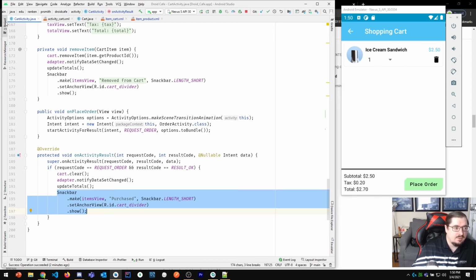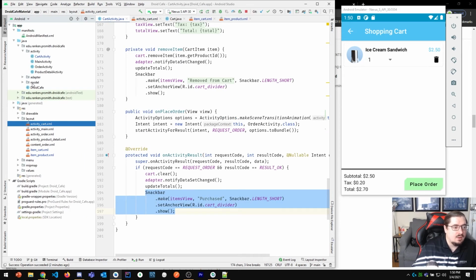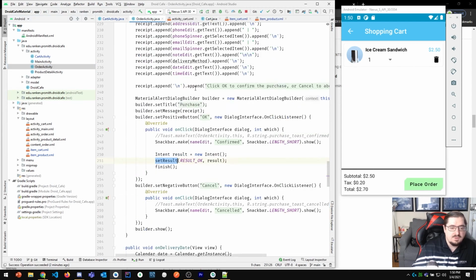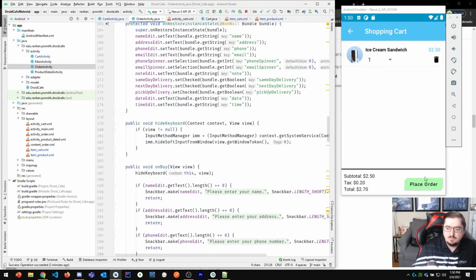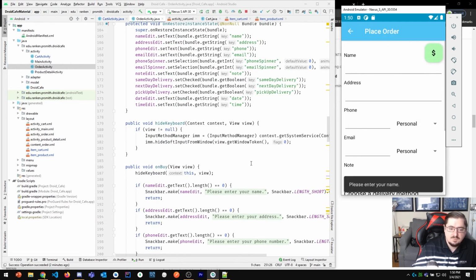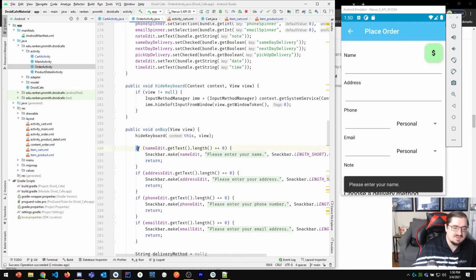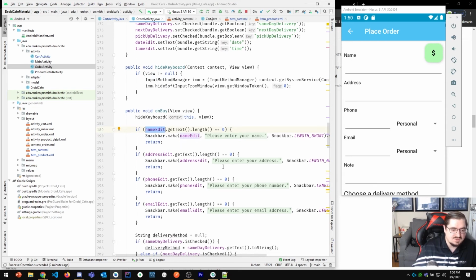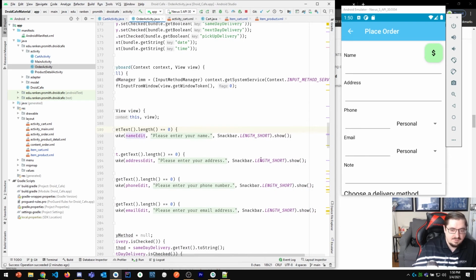If I look at the order activity, basically what I'm doing is when you press the button, I go through each of the things and say, well, if the name edit is blank, then let's say please enter name. Address is please enter address. So I'm just using a bunch of snack bars there. I'm not setting the anchor view, so it's just going to appear